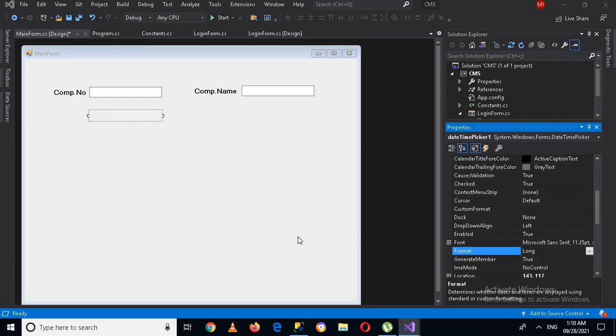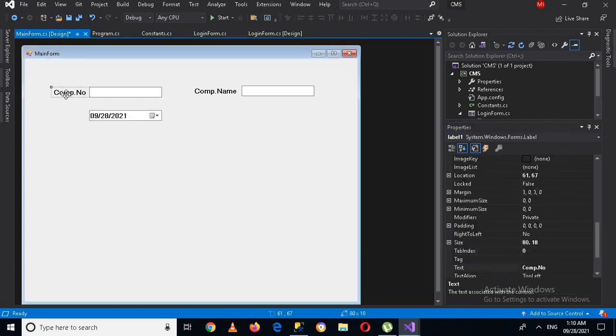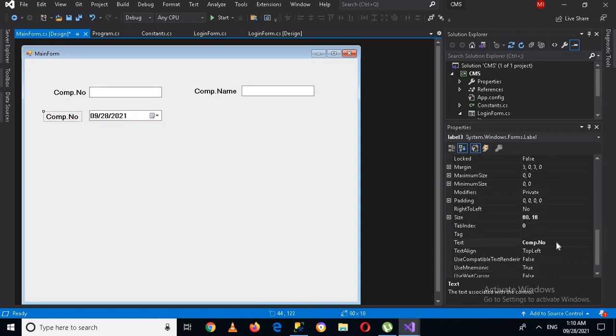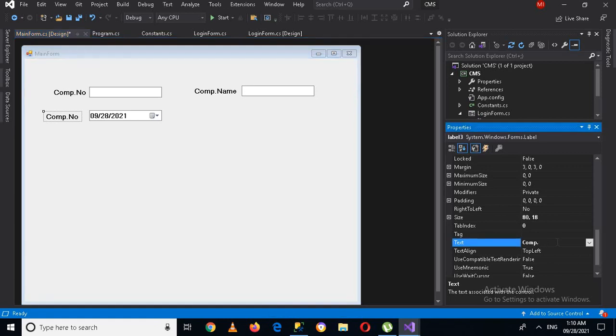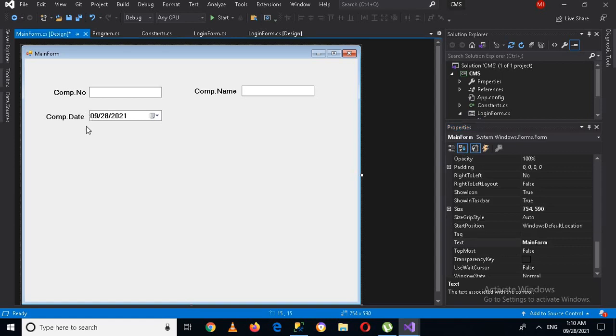So format will be changed from long to short, and then I will drag it down here, and I will use here complaint date, and then